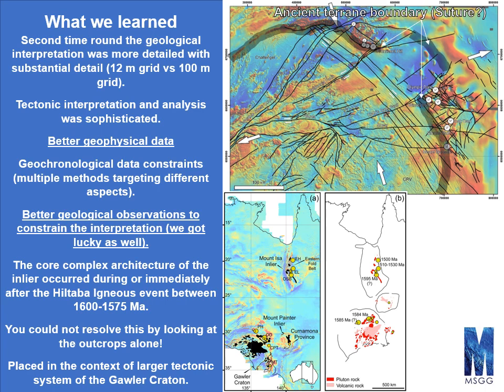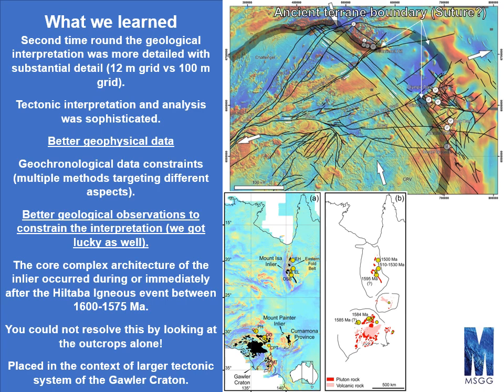There certainly was an element of luck by virtue of walking up to the outcrops of the Skylark shear zone and understanding that this was a shallow dipping normal fault rather than a steep dipping structure as had previously been assumed. The overprinting relationships allow us to determine the timing of the core complex. The structures in the overriding plate, or upper plate, are overprinting the Hilterberg igneous event, meaning that this extensional event either is synchronous with or occurred immediately afterwards.